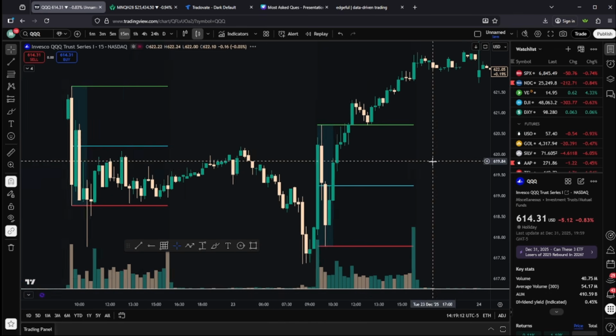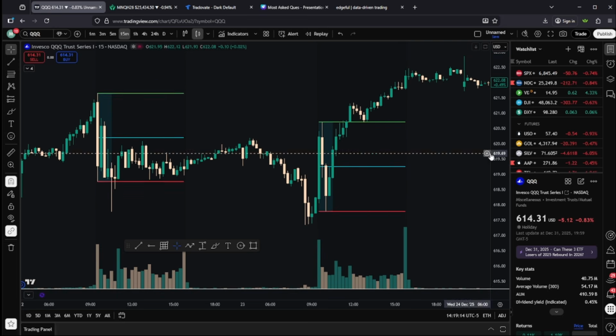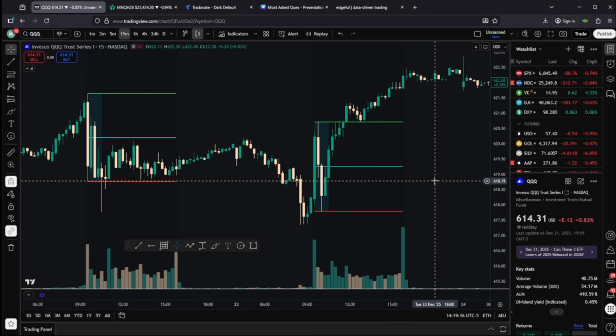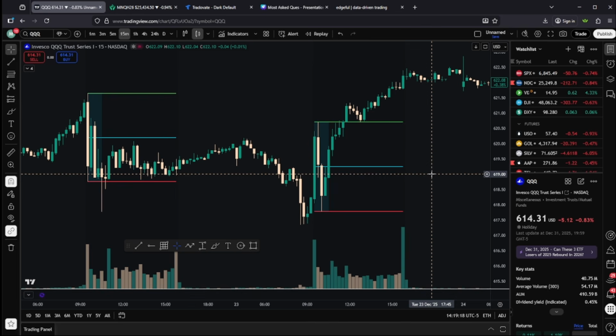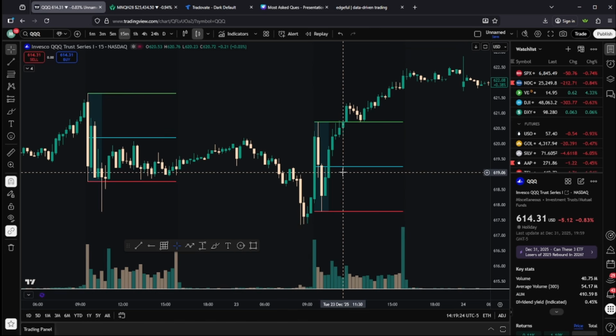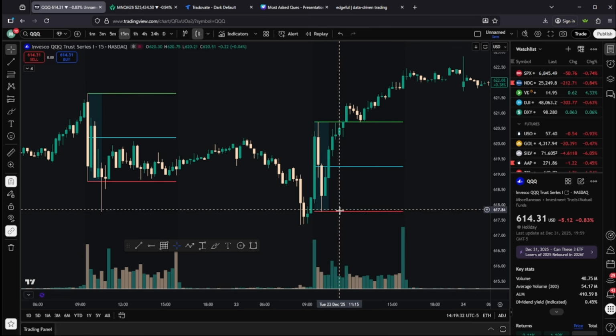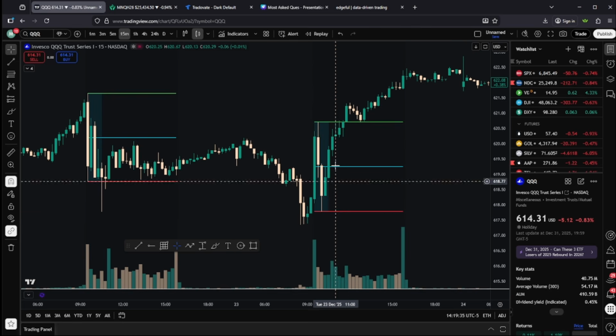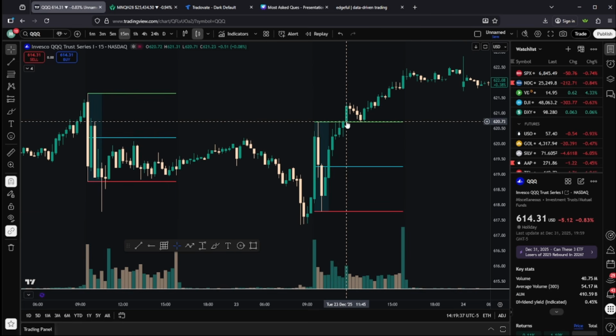This strategy isn't as mechanical as it may sound, or as it may be played out to be. There are some other influences and factors that go into the strategy. So Tuesday, another reason that you might have lost on this. Tuesday, as we can see, December 23rd, we formed the high first, meaning that we should have targeted the low breaking, and then we ended up going and taking the IB high.